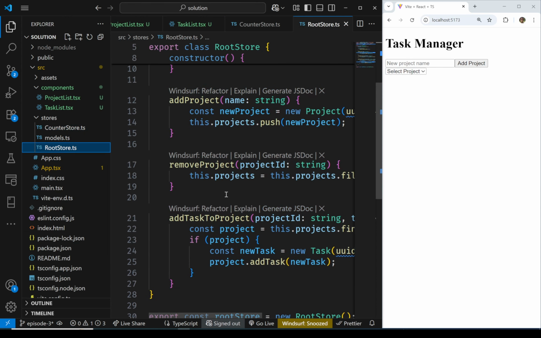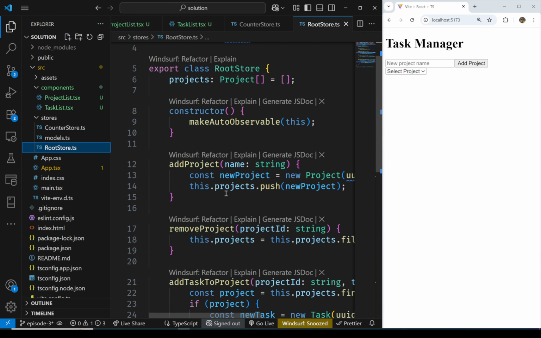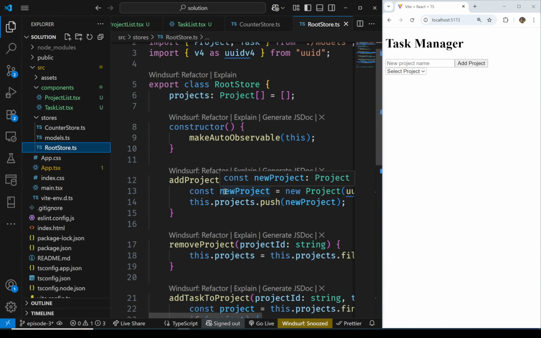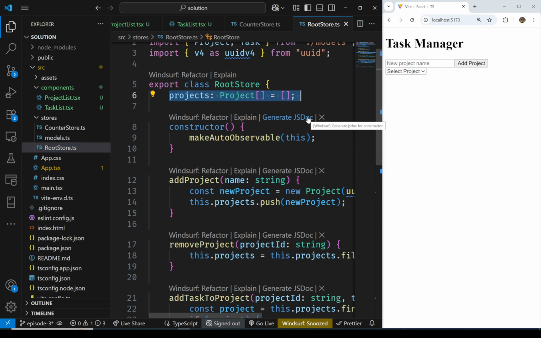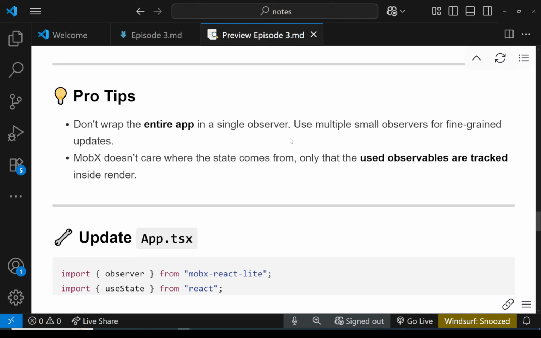And this root store includes some observables, like for example this array. So this array is an observable. It means that whenever there is a component that observes this observable, when the value inside of this array changes, that component is going to react by re-rendering